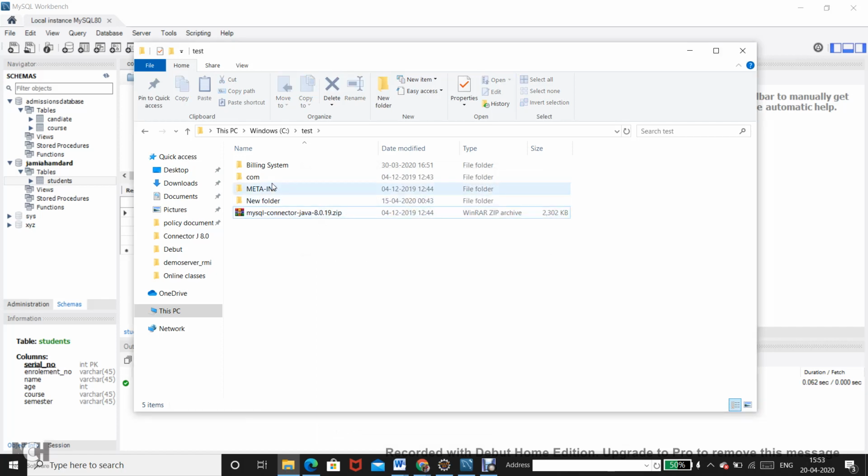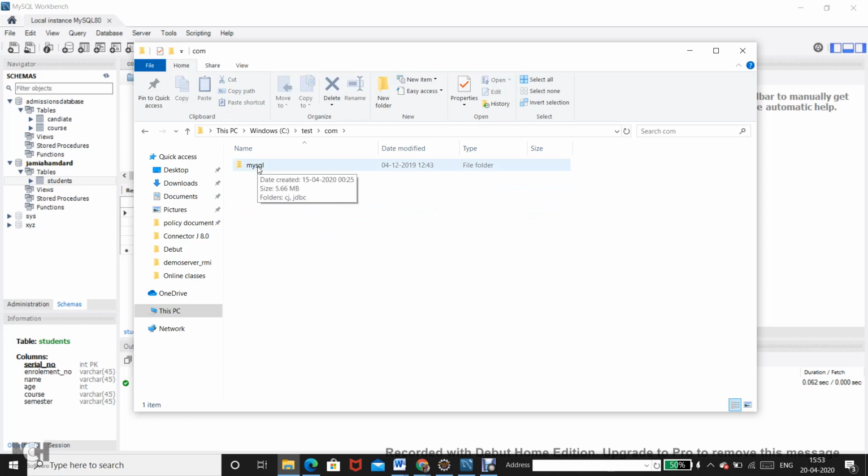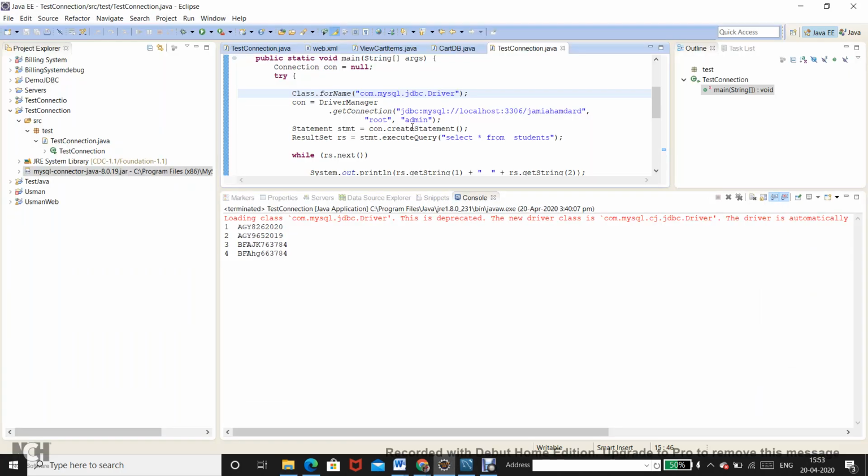After extraction, this is the structure I got: com, mysql, jdbc, and the Driver. So the package name com.mysql.jdbc.Driver, Driver.class. Does it not match the string that you provided over here?